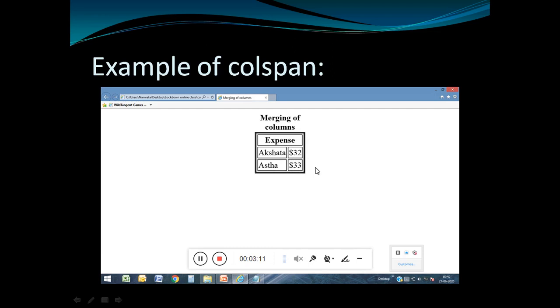So this table is made up of 3 rows and 2 columns. Now the first row gets merged with 2 columns. So here is a complex table. So simply the heading is given to your table by using the caption tag, and always you have to create a table row wise. So for that we use a tr.